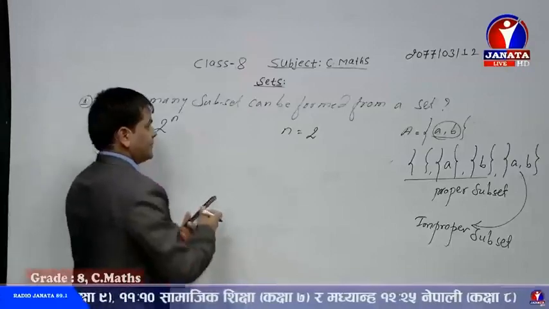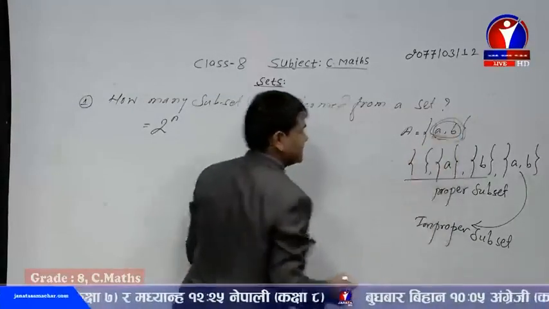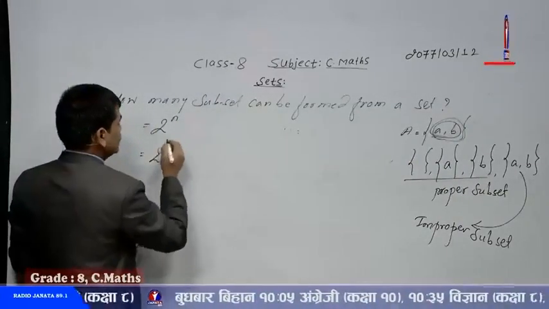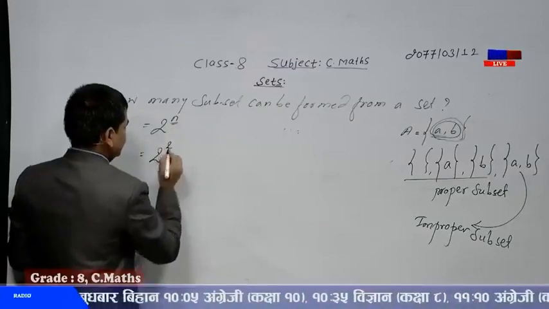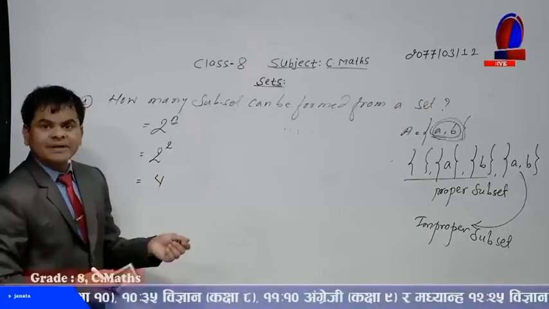So let's see, what is the value of elements in here? 2. That's why 2 to the power n, there are 2 elements. So in the place of n, we can write 2. 2 to the power 2 equals 4. That means a set having 2 elements